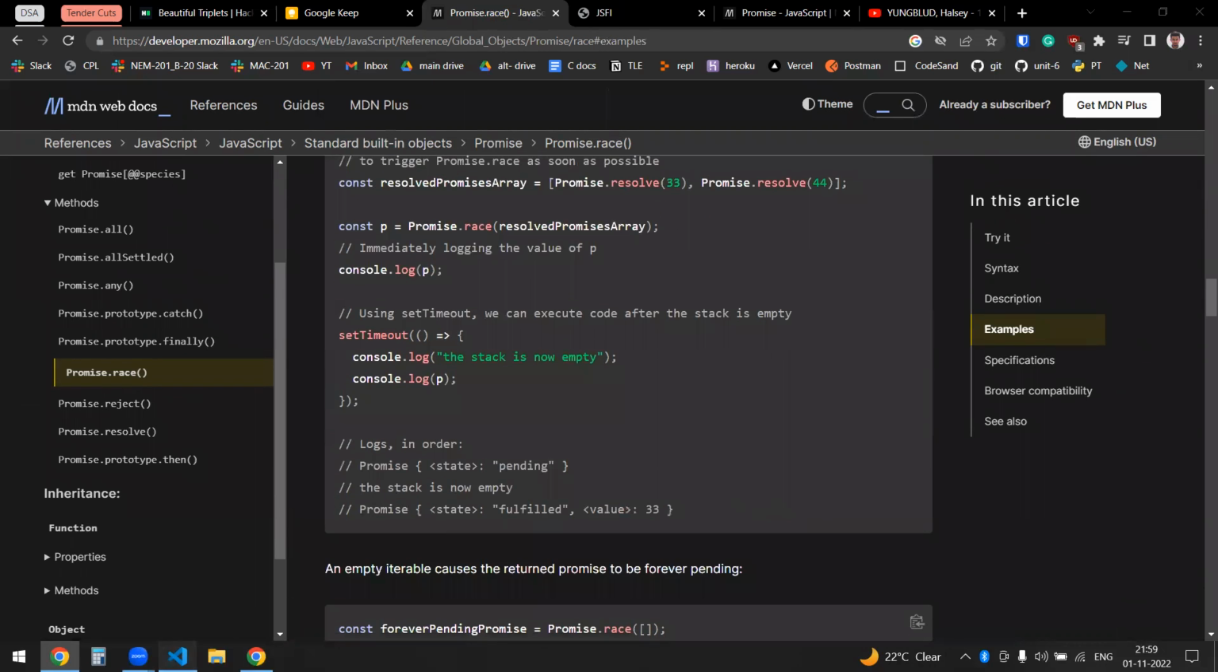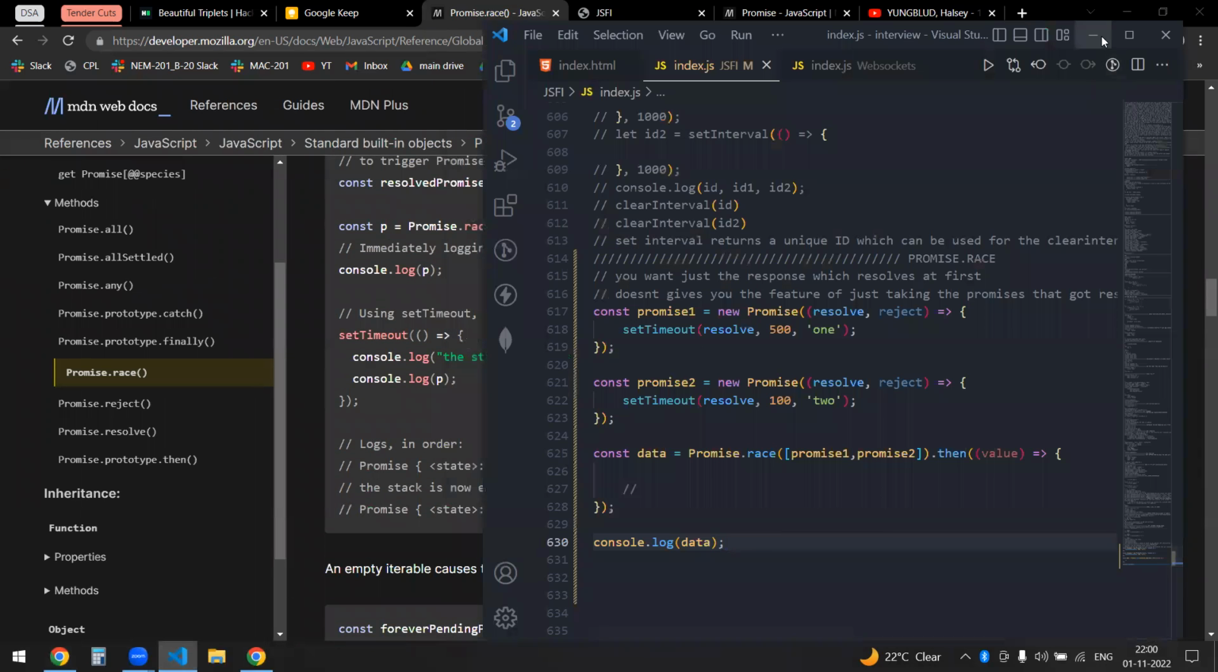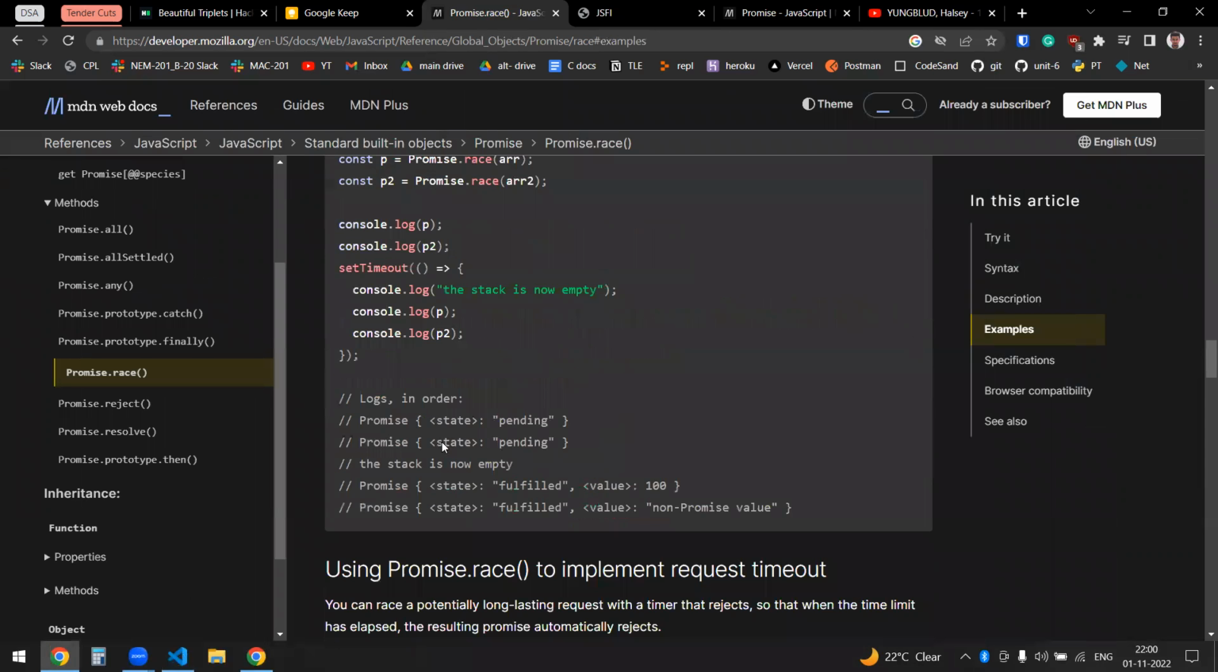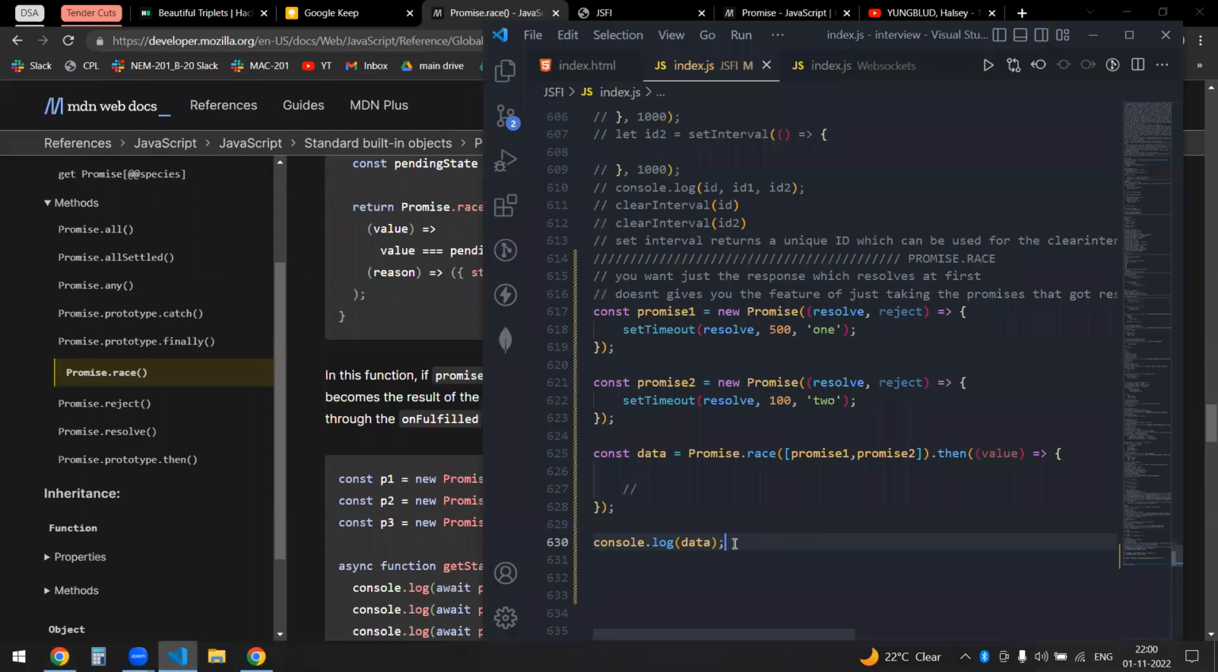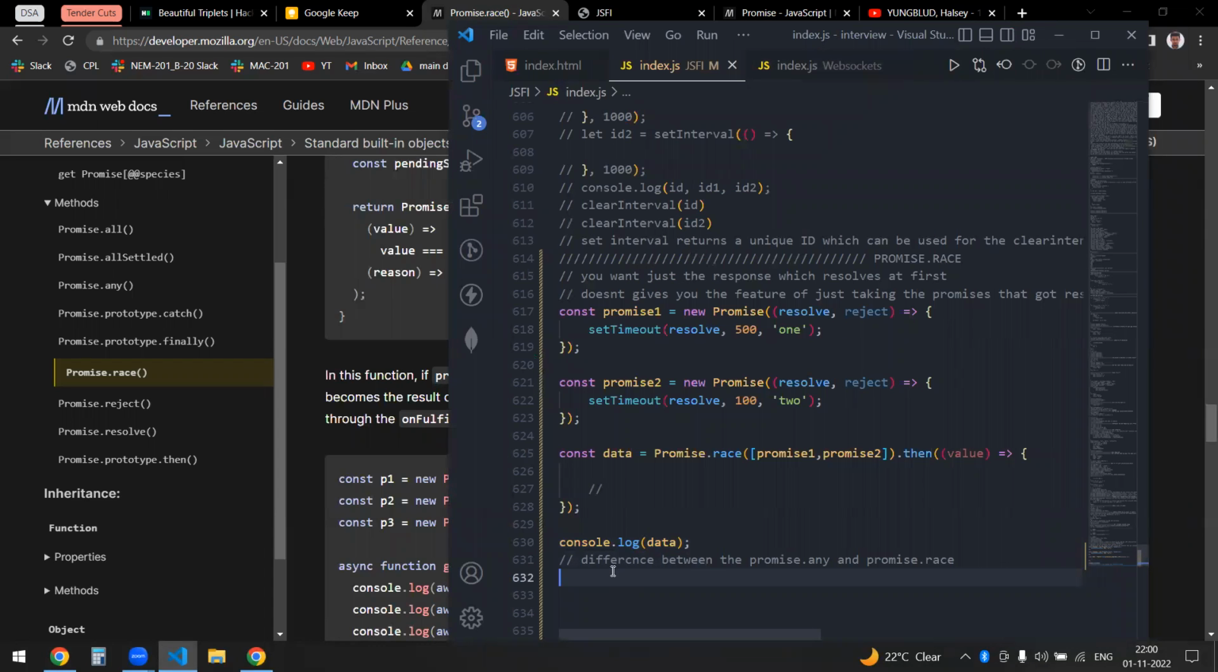But there is one thing that I want to mention, which is also mentioned in the documentation itself. If you scroll down, the difference between Promise.any and Promise.race. So if you have learned about Promise.any, you'd know that Promise.any actually gives you the promise that